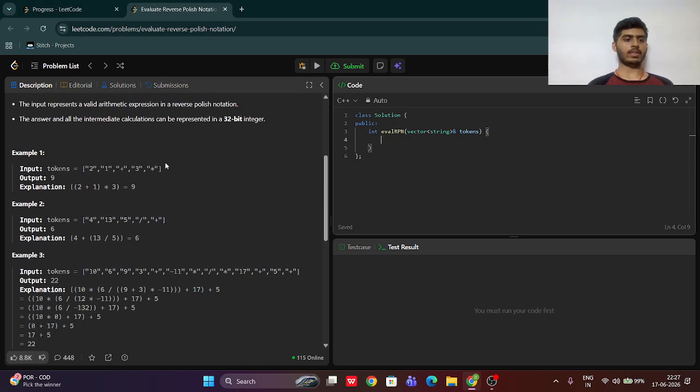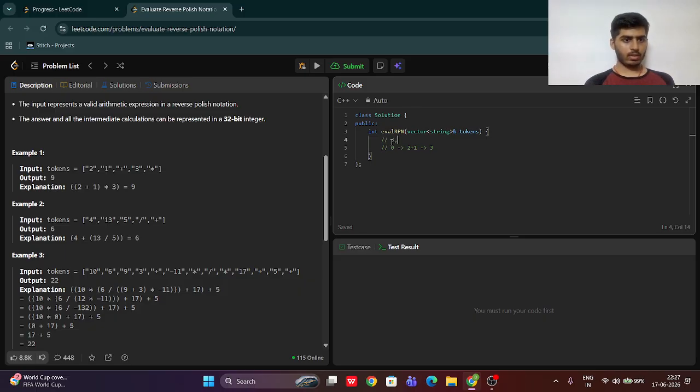So if we look at the given examples, you can see we are going to use a stack to evaluate this expression. First of all, we are going to add each of the integers that we get, one by one. For example, from example 1, you can see that we got 2 and 1 and then we got a plus sign. Which means we are going to take the last two elements of the stack, that is 2 and 1, and add them. So now our result is 3, and then we remove these two elements and add 3 to the stack,